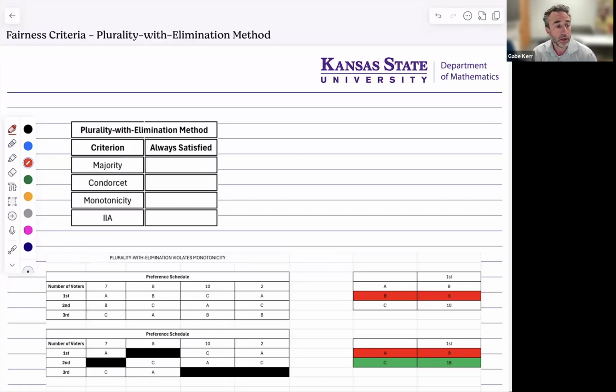Hi, everyone. In this video, I'm going to talk about fairness criteria again, but this time we'll look at plurality with the elimination method and see which of the fairness criteria it satisfies and which it doesn't. Much like the Borda count method, we'll see that many of these fairness criteria fail for this plurality with elimination